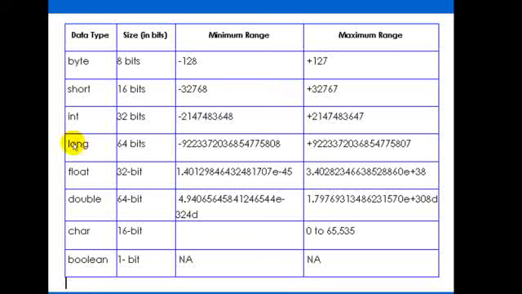And then we have int, then we have long, then we have float, then we have double, then we have char, then we have boolean. So we will be using all these data types as per our requirement. For example, if we want to store the age of a person temporarily in a variable, we don't need to declare a variable of double type or long type or not even int. We may use byte data type because the age of a person will certainly be within the limit of +127.